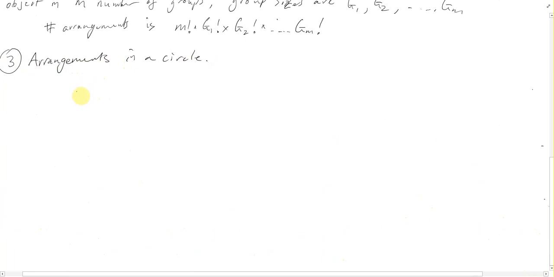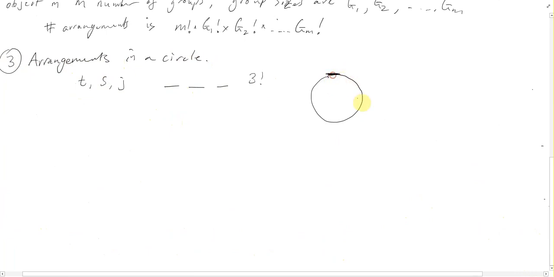So, for example, if we had Tim and Sam and Josh, so we have 3 people standing in a line, then there are 3 possible positions they could be in, which would give 3 factorial ways to get them into those positions. Now, the difference with a circle is, if we arrange these people in a circle,